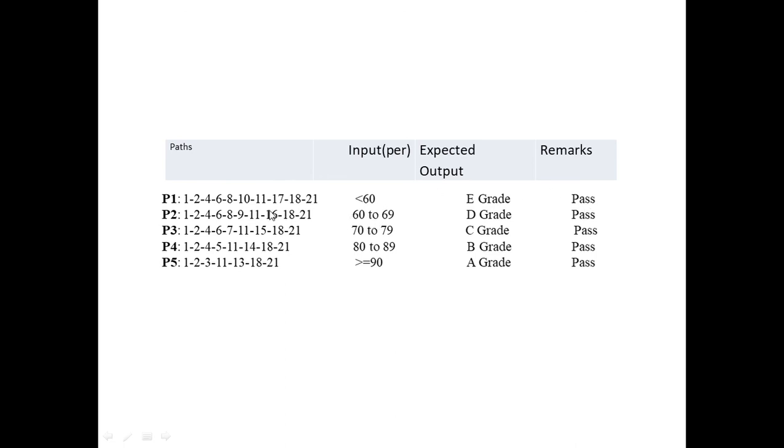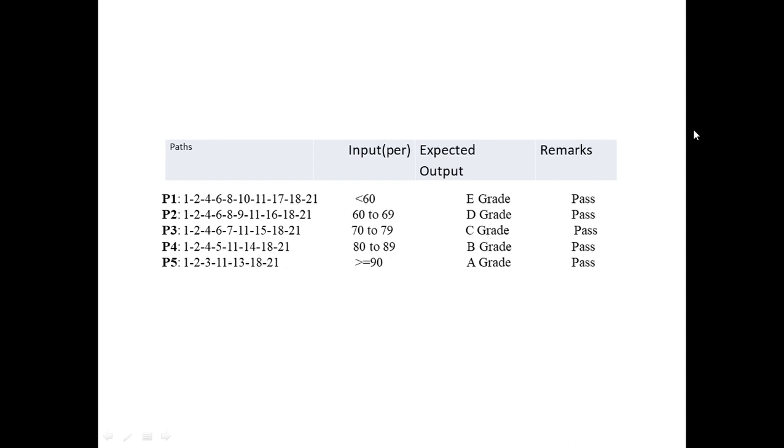Next, for this particular path you can give input percentage 60 to 69, and the expected output is D grade for all values in between. Next, 70 to 79 is for C grade. So the values that come in between are C grade. Similarly, you have to give the percentage input, and these are the expected outputs you are expecting from the program.